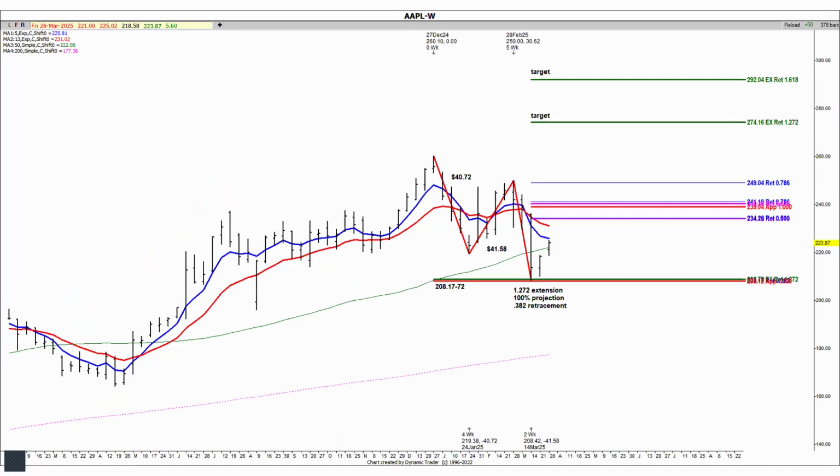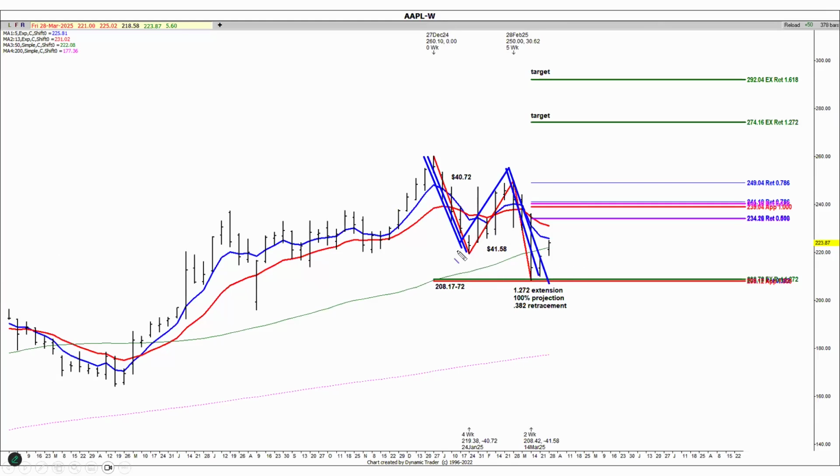Okay, this is another recent one. I did post this one. I did a video on it on YouTube also. This is a weekly chart of Apple. Now, I don't know if it's going to work, but I mean, it is starting to work at this point. But this is basically a 2-step pattern for me, where I have this swing very similar or equal to this swing with the zigzag pattern. I also have an